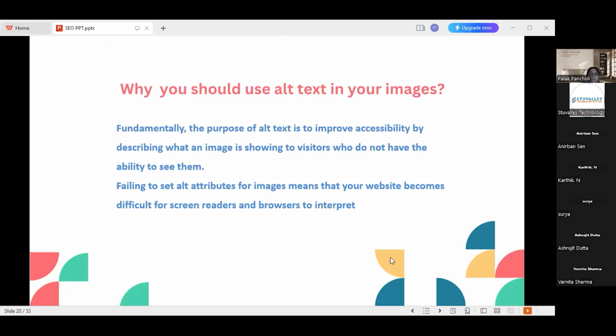For example, if an image contains a book, you don't have to write that this image is about a book, just you can write the book. Or if it is something relevant to the keyword that you are using or the heading that you are using in your content, you can write that keyword or that heading also in the alternative text, okay. Is that clear?